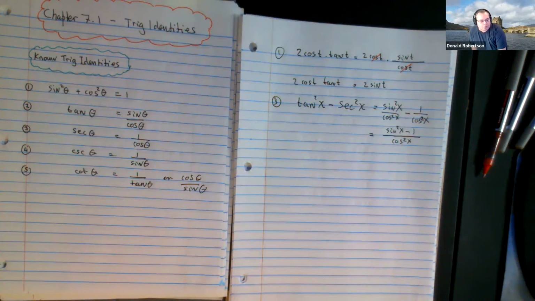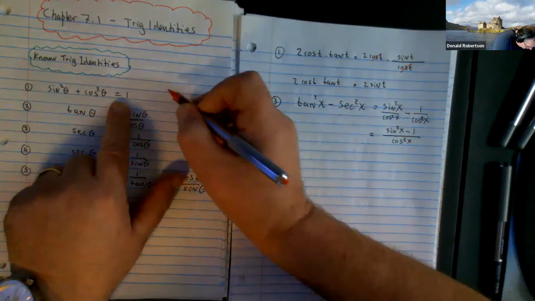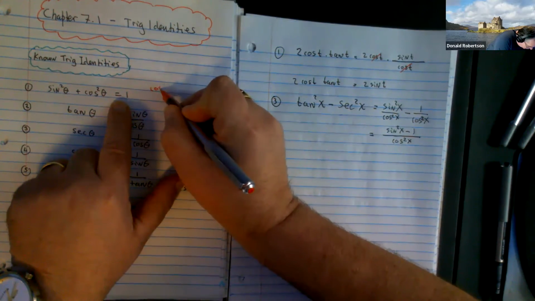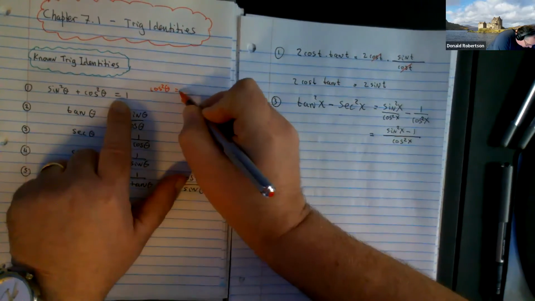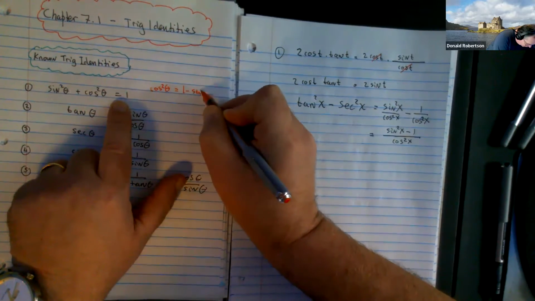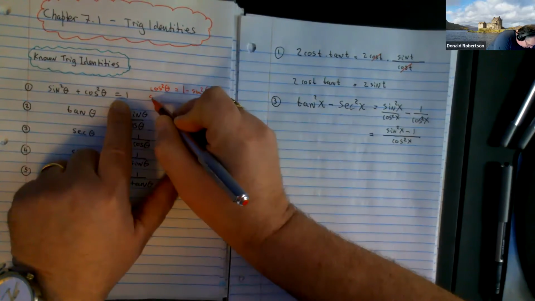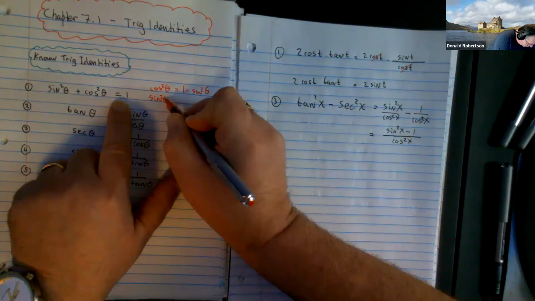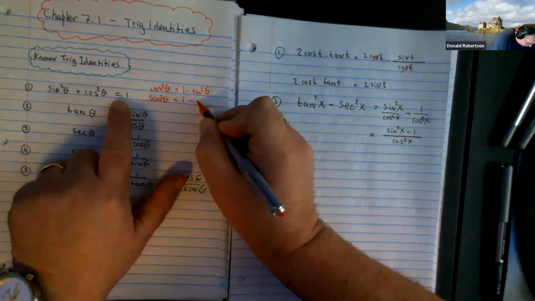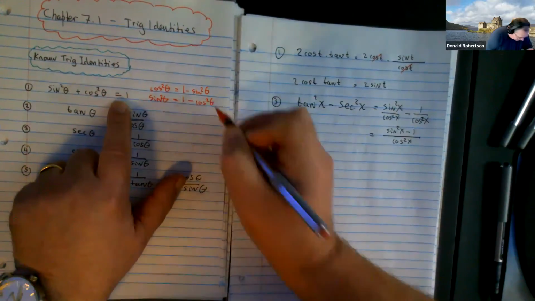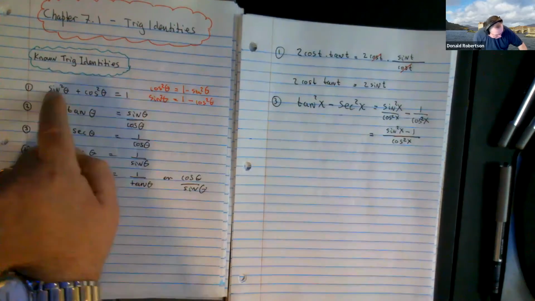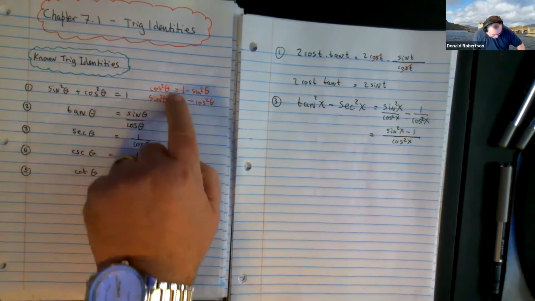Okay. Number 1 can be written in lots of different ways. If I rearranged it, couldn't cos squared be called 1 take away sine squared? And couldn't sine squared be written down as 1 take away cos squared? And all I do there is subtract sine squared from both sides, or subtract cos squared. Now,